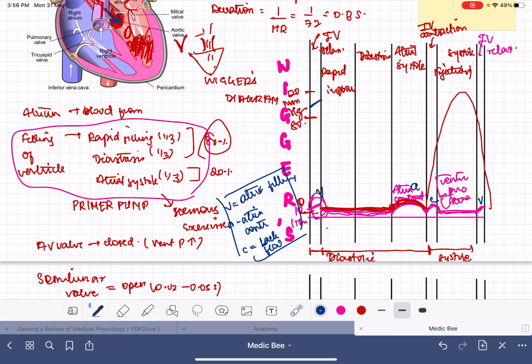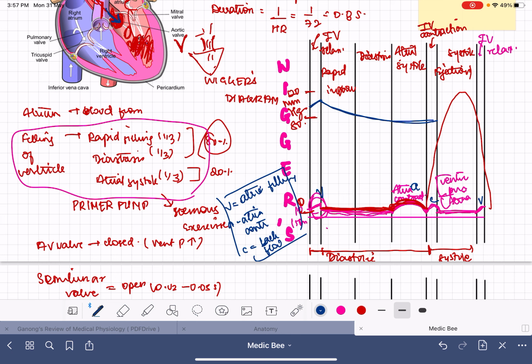So it will be like this, and after that the aortic pressure will again fall, because the blood has already gone out of the aorta into the systemic circulation. So through this period of time, the pressure in the aorta will come towards 80. Whatever is happening in the ventricles and atrium will not affect it.